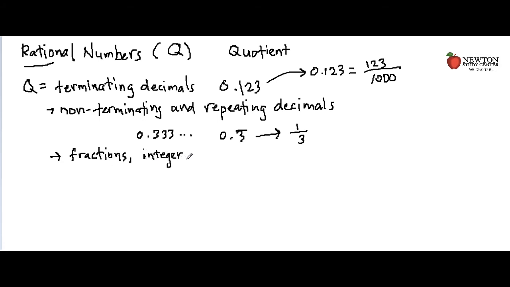So again, integers are the negative counterparts of your counting numbers, the number 0, and of course your counting numbers. So to summarize,